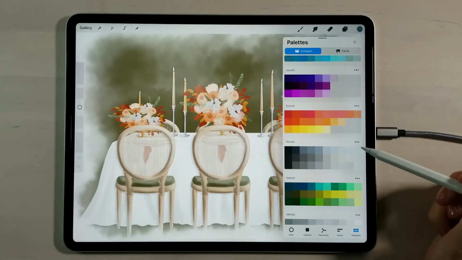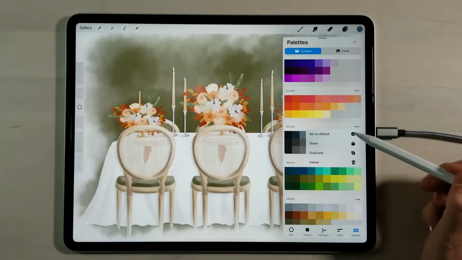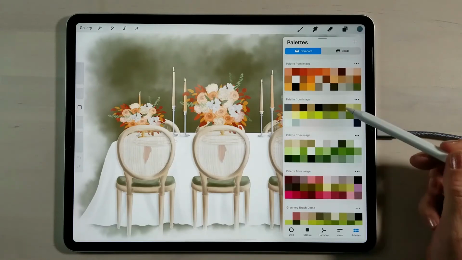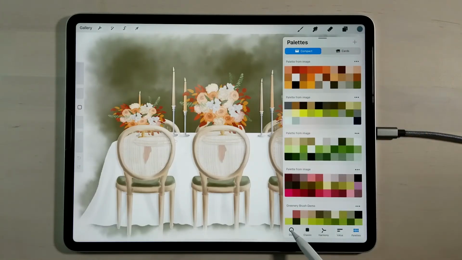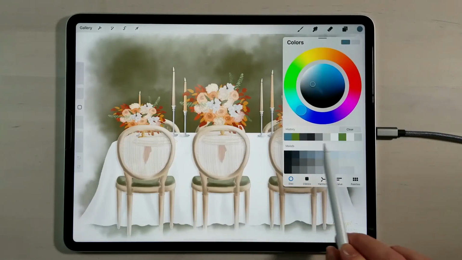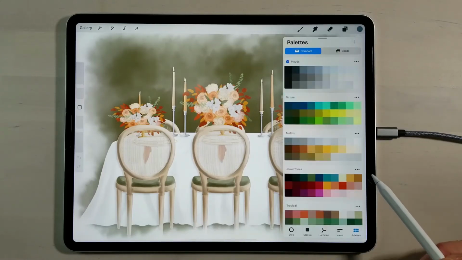So if I wanted to make this menu the default, I can select set as default and it stays where it is. And then when you select this disc menu, it's still going to be shown underneath your disc menu. So when you go into palettes,